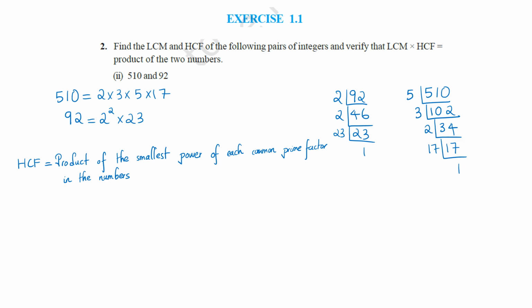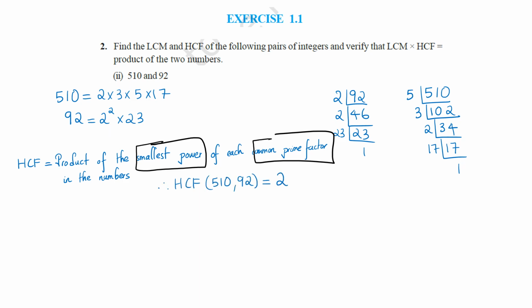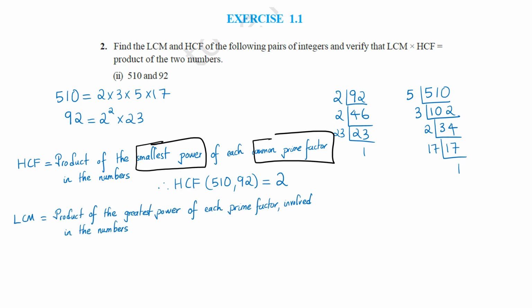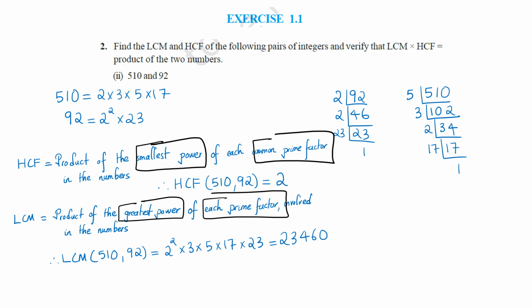So once again, HCF is the product of the smallest power of each common prime factor. Which are the common prime factors? Turns out we only have 2, and we write the smallest power, which is 2. Now coming to LCM, it is the product of the greatest power of each prime factor. So we write all the prime factors with their greatest powers, and then multiply. So it is 2 squared into 3 into 5 into 17 into 23, which happens to be